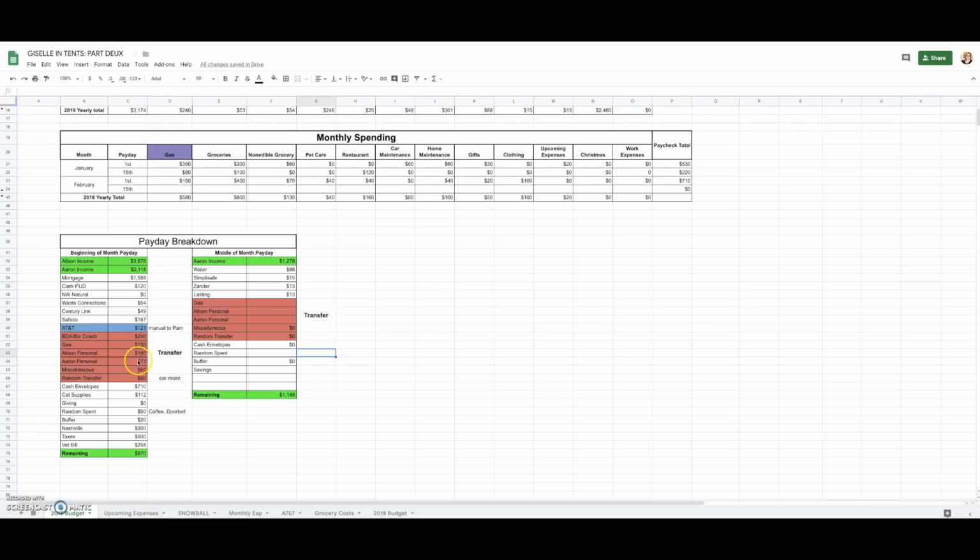Then we have other expenses that we transfer money for, and then down below is the last of the bills that then goes down to our remaining amount. So we'll just go through the sections and talk about what it all is. So we take our income at the top, and those are added into the formula, and everything below it is subtracted. So we have our mortgage, we have our